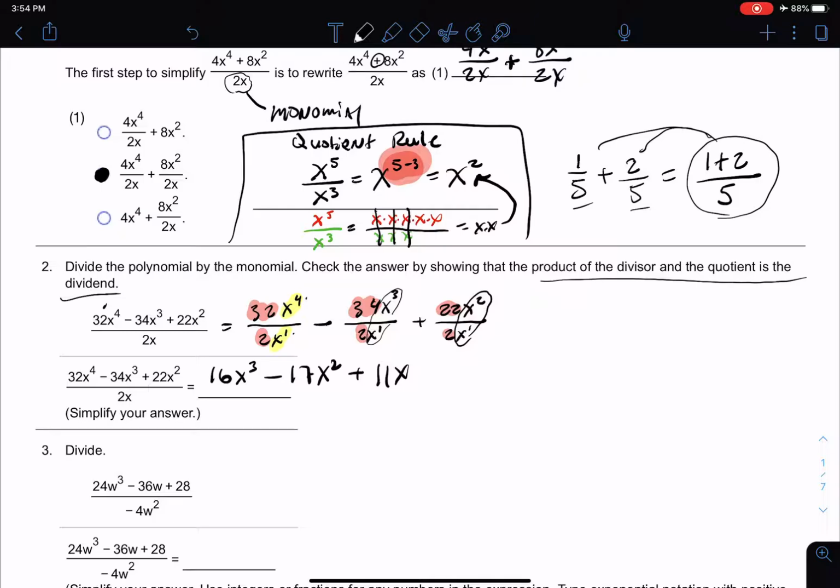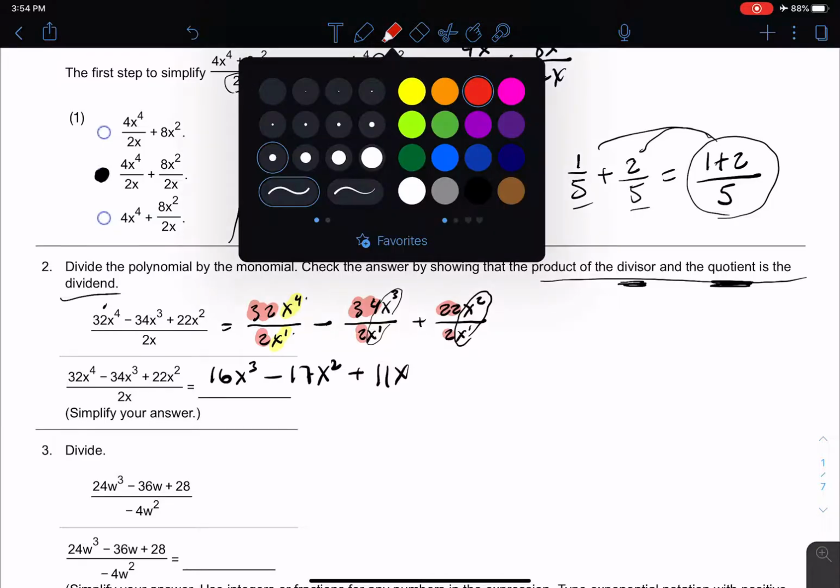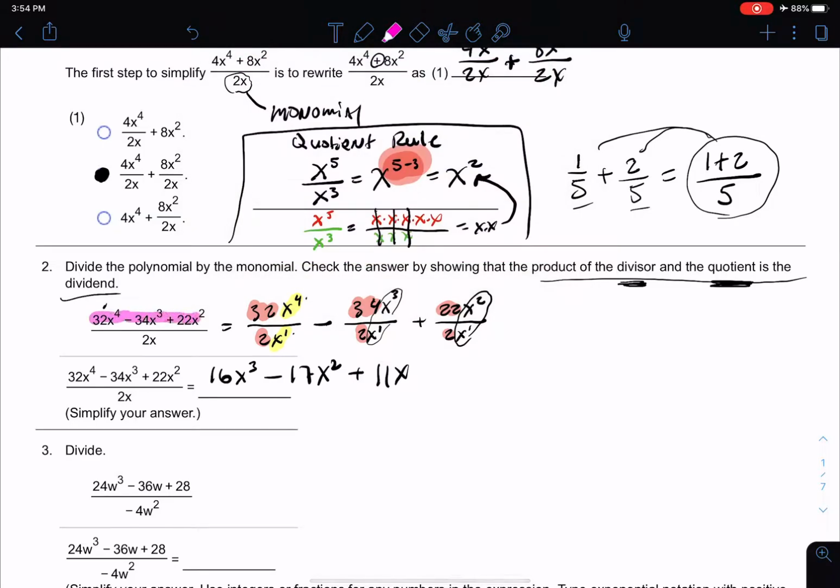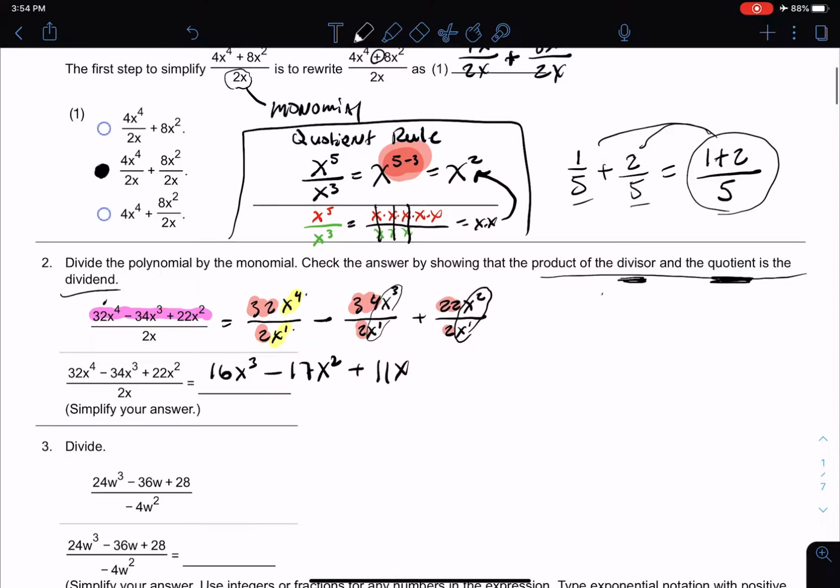Well, when you divide by something, the divisor, if you multiply the divisor times the quotient, which is the answer, you better get the dividend. What's the dividend? The dividend is just this stuff right here. They didn't actually require you to do this part in the computer, but if you wanted to do a check,